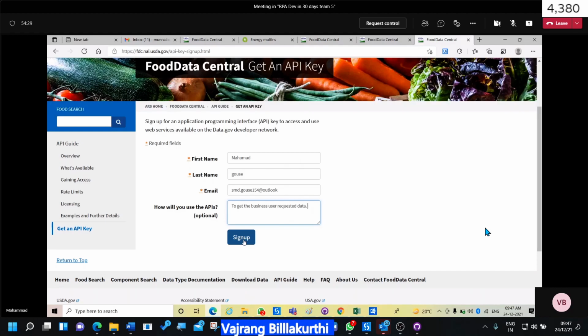Raju, I'm clicking on sign up. Yes. Check your mail. You will get the API key. Okay.